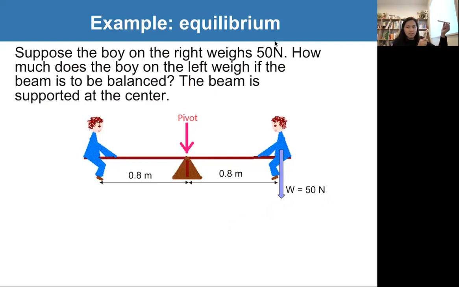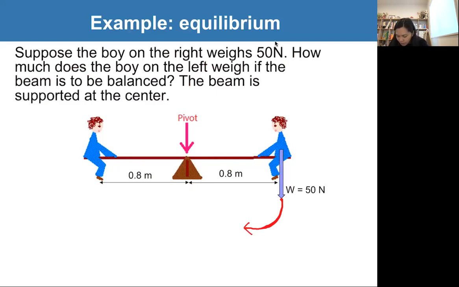Right, imagine this is the seesaw. This is the right side of the seesaw. The tendency of the weight force of the buoy is to pull the seesaw downwards, and to rotate the plank or the beam in a clockwise direction. The tendency of this weight force is to create a torque that will cause the beam